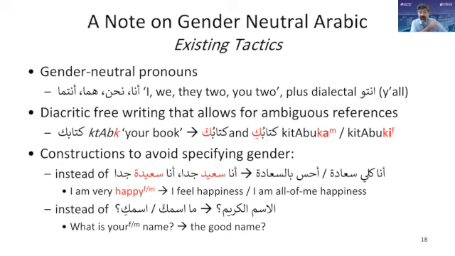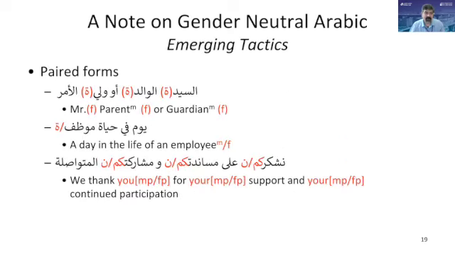So we actually started thinking of this problem in the context of a chatbot, an Egyptian chatbot called Batta that we developed here a while back, which tries to guess your gender based on your name and then talk to you in the proper form that matches what Batta thinks your gender is, right? Other tricks like al-usm al-kareem instead of ma usmuka, ma usmuki, which of course itself passes under the radar a little bit, but not when it's pronounced. But these are really limited. We can't really go too far with these kinds of things.